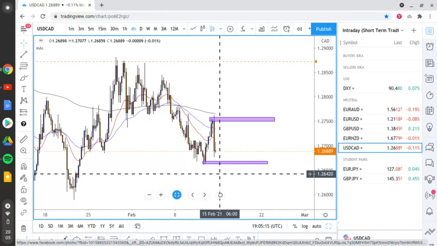Does it make sense that actually, or like CAD Yen, for example, which is to do with correlation, if CAD Yen looks as though it's looking to go short to the downside, then it would make sense that dollar CAD should go long. And also pound dollar, if it's looking to go to the downside, then that would show dollar strength. And then again, if the CAD is weak against other currencies, then it would make sense, right? Okay, well, if it's weak against other currencies and the dollar is strong against other currencies, then the likelihood is there's going to be a decent move that you can catch